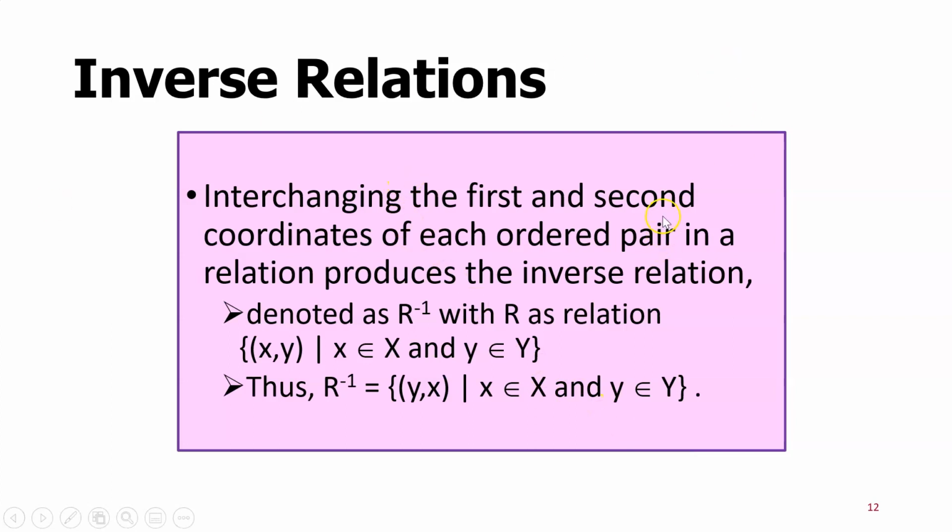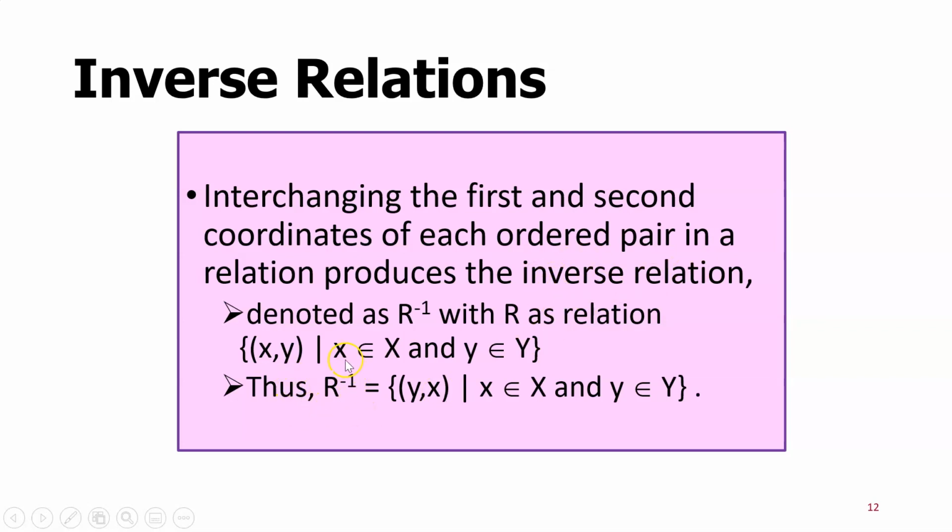Okay, this is inverse relations. Interchanging the first and second coordinate of each coordinate pair in a relation produces the inverse relation. Okay, dia kata dekat sini, bila kita interchange, kita tukar the first and second coordinate, previously we have coordinate x and y. Bila kita change kedudukan coordinate tu, kita akan produce inverse relation. Inverse relation maksudnya adalah hubungan sonsang. Relation is hubungan. This is sonsang. Okay, hubungan sonsang. So inverse is sonsang,